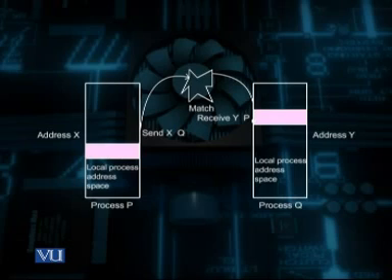Here, the local memory is directly accessed, that is, it directly accesses the private address space. For example, the processor P directly accesses the local address X as shown over here, and